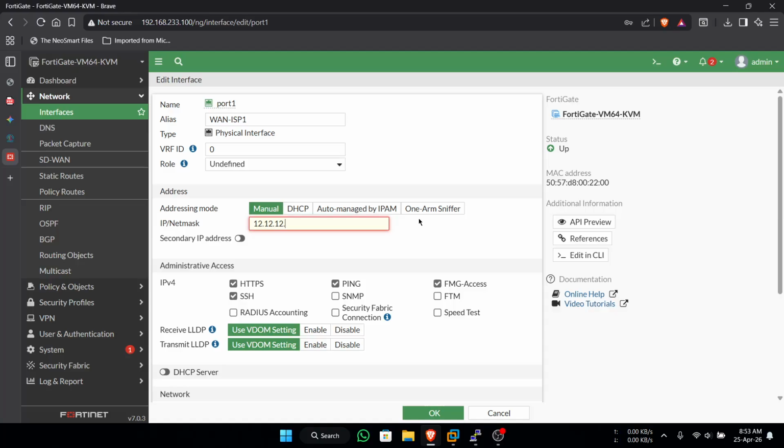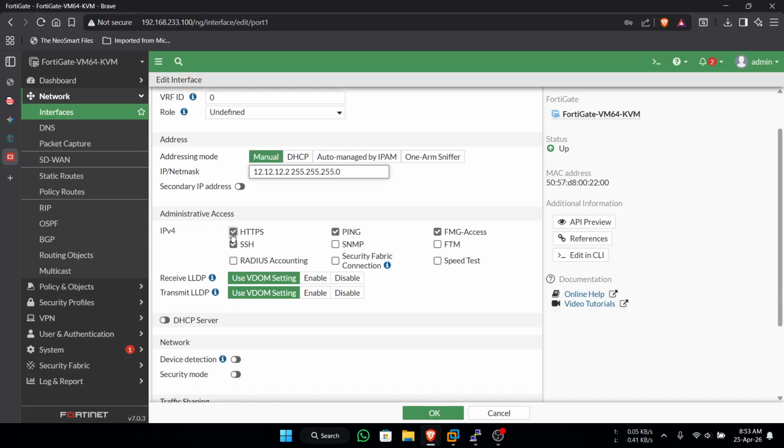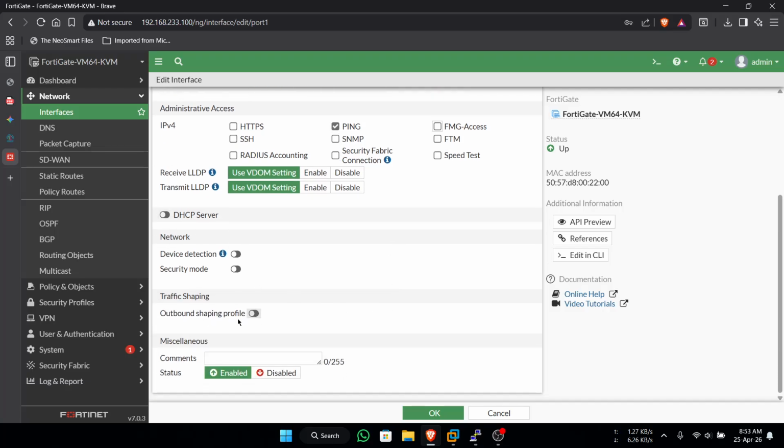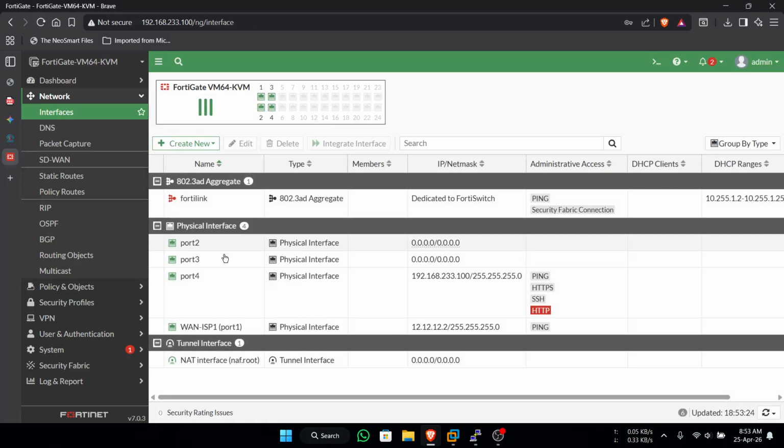Uncheck this, just ping. Then click OK. Okay, you have configured one interface.